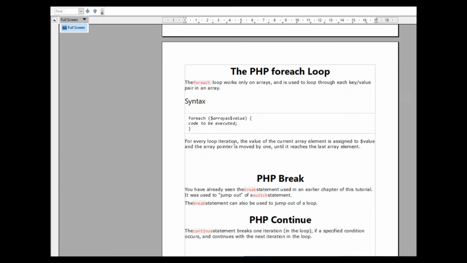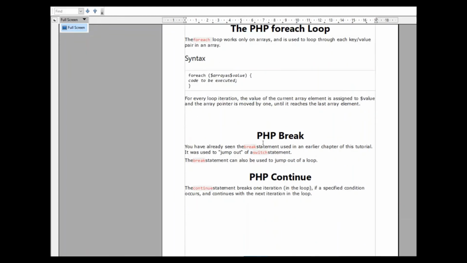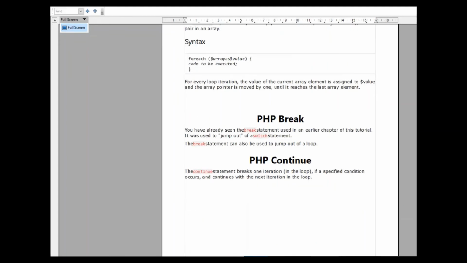So for every loop iteration, the value of the current array element is assigned to the variable value, and the array pointer is moved by 1 until it reaches the last array element. What exactly the array and array element are, we will cover in the unit on PHP arrays. Here we have to use two more statements with the loop, either the while loop or the for loop,